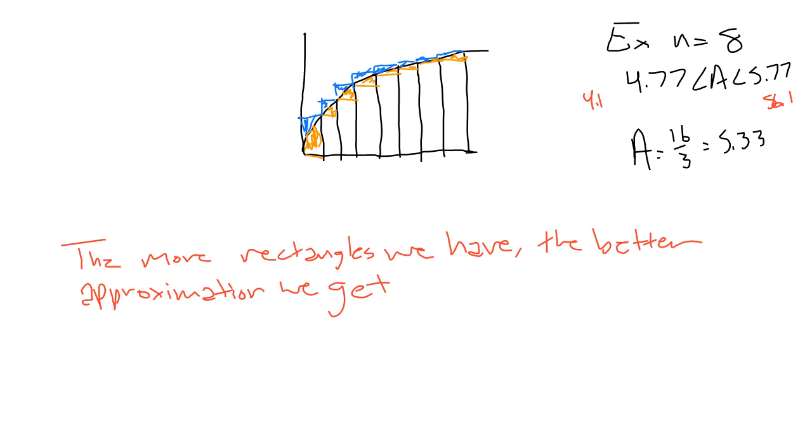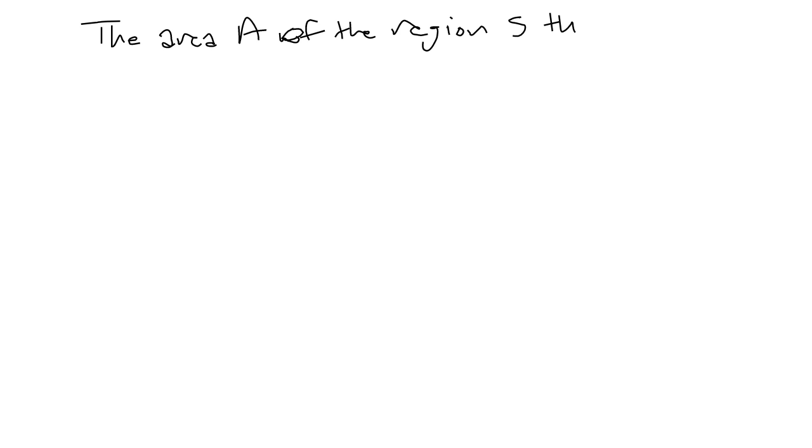All right. So now let's look into some more of the actual notation behind this. What we can do is say the area A of the region S, where S is referring to that interval we had. So for example, in that last one we were looking at from 0 to 4, that lies under function f